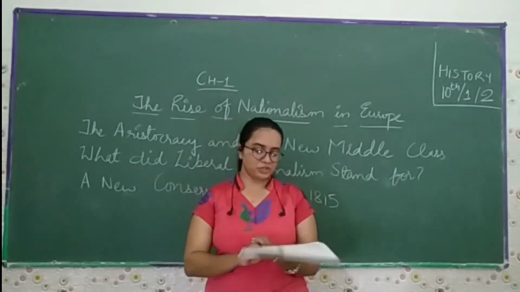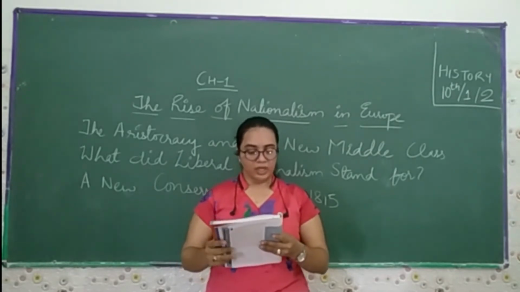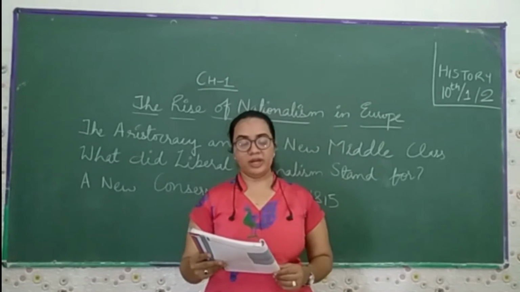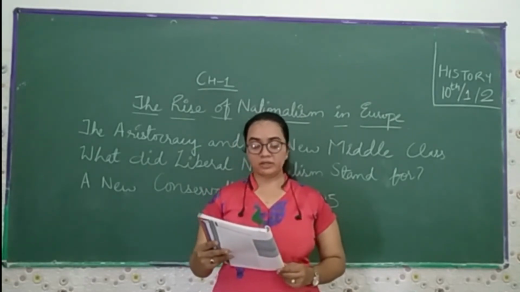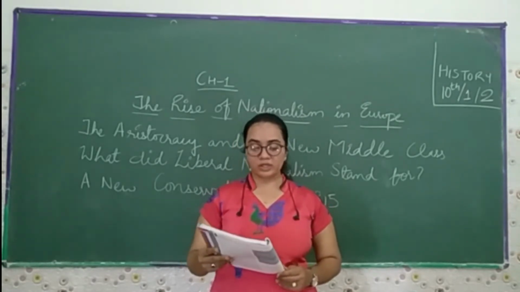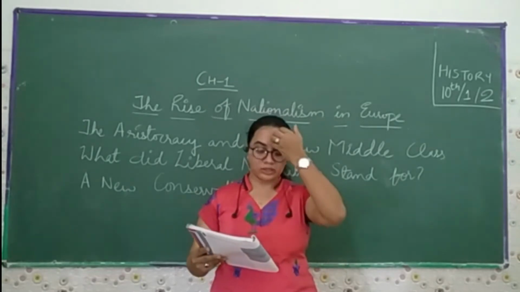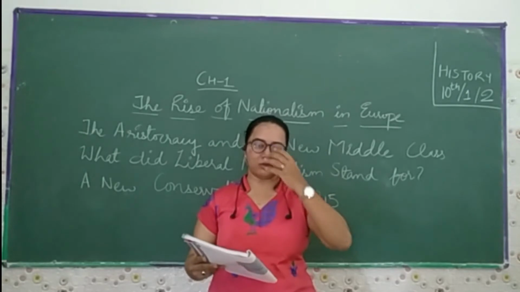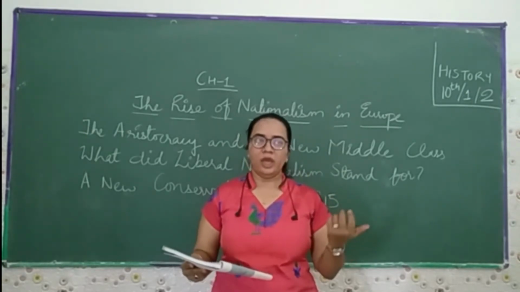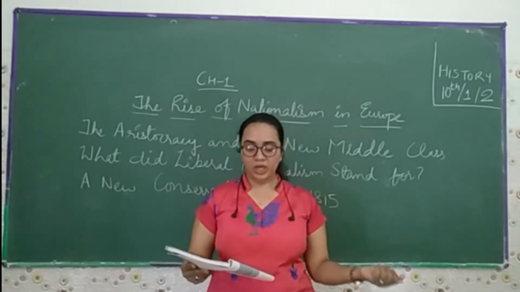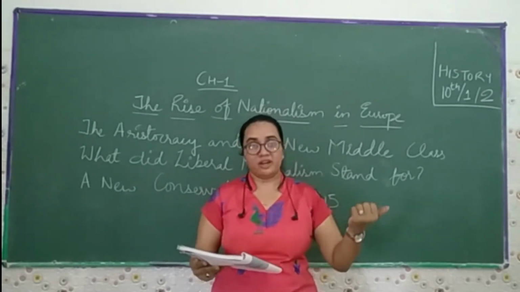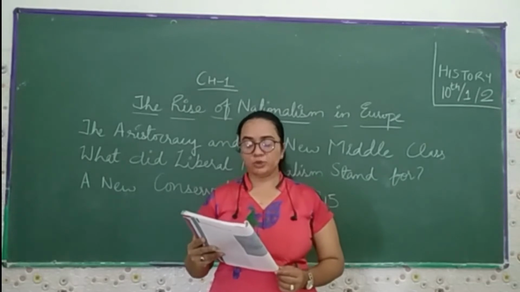Now in the western and parts of central Europe, the growth of industrial production and trade meant the growth of towns. In the next chapter, you will come to know about the industrialization in Europe, which started in the 18th century. So the people thought that if they came with the machine, the industrial production, trade meant the growth of towns.